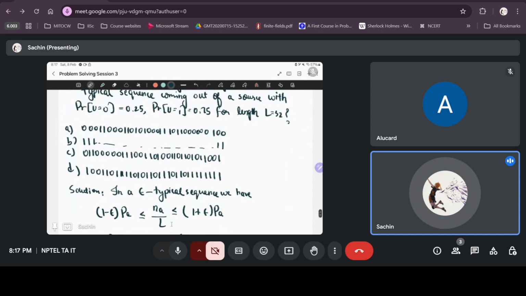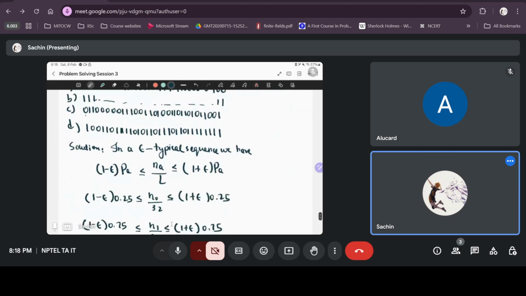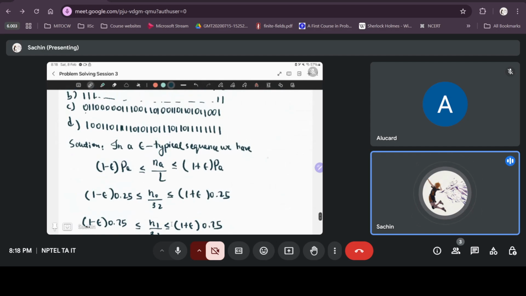So it definitely can be option A, where there are much, much more than 9 zeros. Similarly, it can be option C. Option C has, let's see, 1, 2, 3, 4, 5, 6, 7, 8, 9, 10, 11, 12, 13, 14, 15, 16. 16 zeros is too much. Suppose n of 0 is 16, then you would have half less than or equal to 1 plus epsilon 1 over 4. This should mean 1 and greater than or equal to 1 minus epsilon 1 over 4,